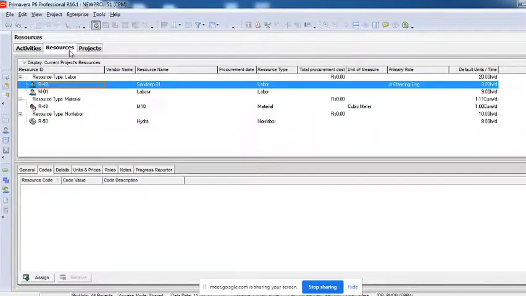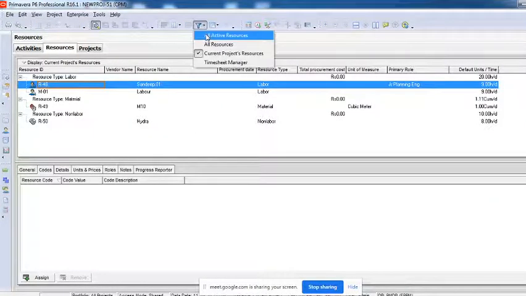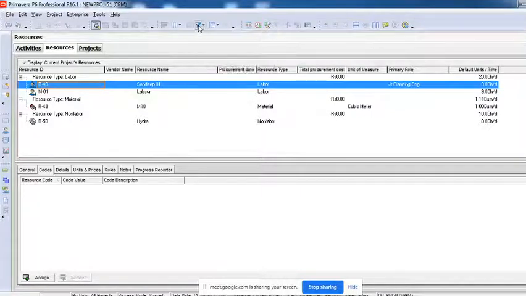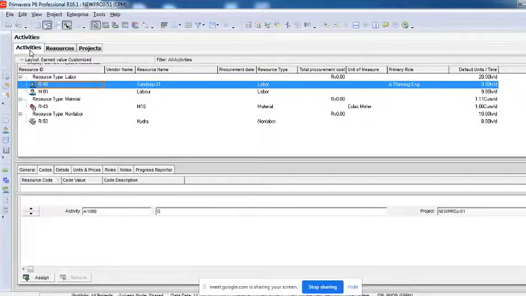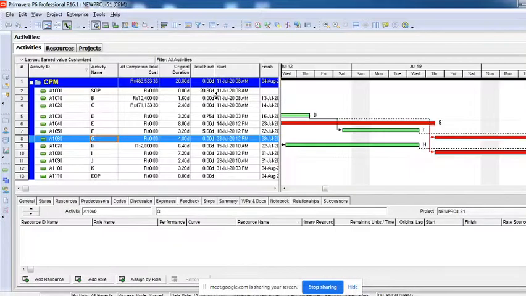Similarly, you also have filters for the resource page here. Again, we have the options of all active resources, all resources, current projects, or timesheet manager. So these are the options we have here for the resource page. Similarly, like what we have done for grouping and sorting by creating the codes, filtering is almost similar, but we are not removing anything in grouping; here we are filtering it out, and we want to see only the things which we want. We do not want to group everything.